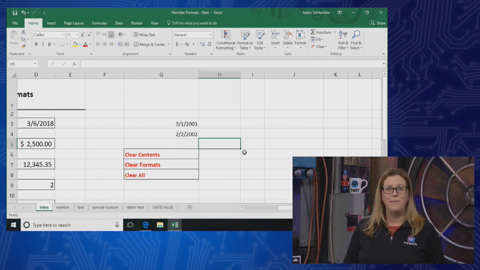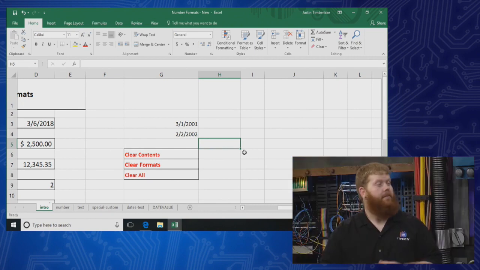That's just what happens when you type in numbers in a certain pattern into the cells in Excel, and it's just going to automatically help you. And sometimes it's not always helpful, is it, Justin? Yeah, there are times, Excel